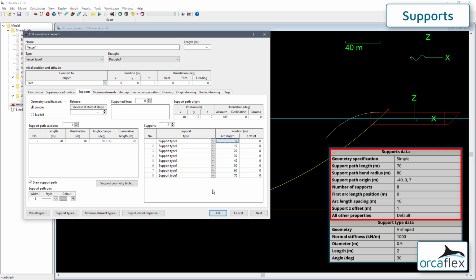The final step here is to introduce a Z offset to optionally lift the supports away from the path. Again, Excel functionality is useful here, as I can set the value for the first support and then simply copy the data down using the shortcut Ctrl-D.